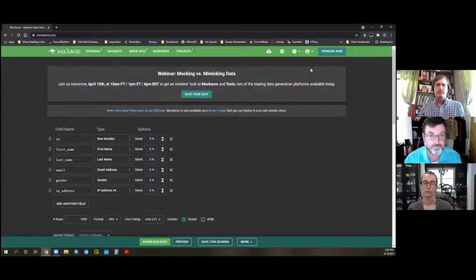So you can create a free profile on Mockaroo, and they do not bombard you with thousands and thousands of emails when you create one of these profiles. So I use my professional account for this. But you'll notice that I'm logged in. There are lines and headers up here that say schemas. That's where you're going to create your unique data sets that it's going to generate random data out of.